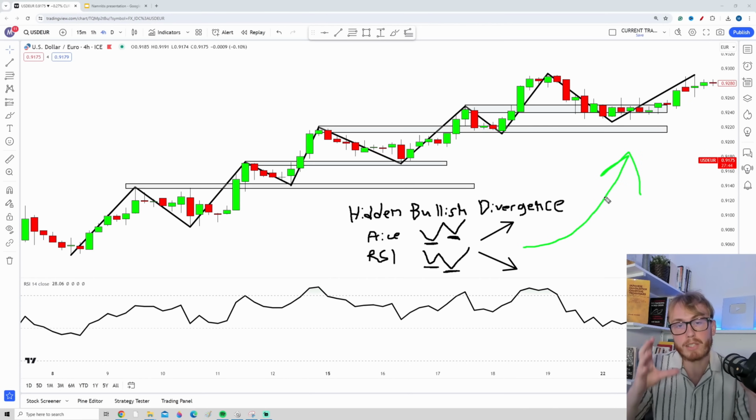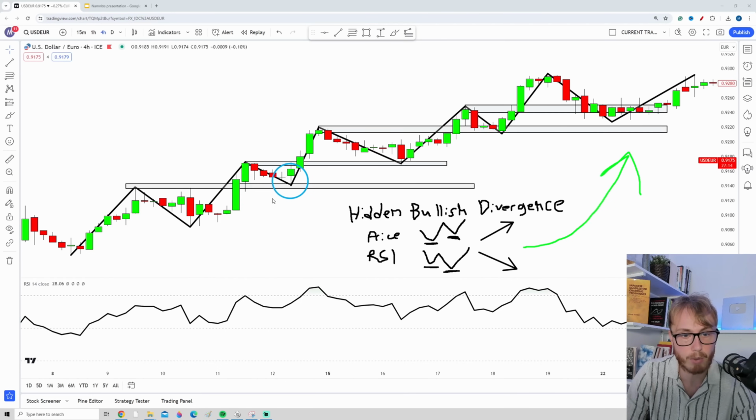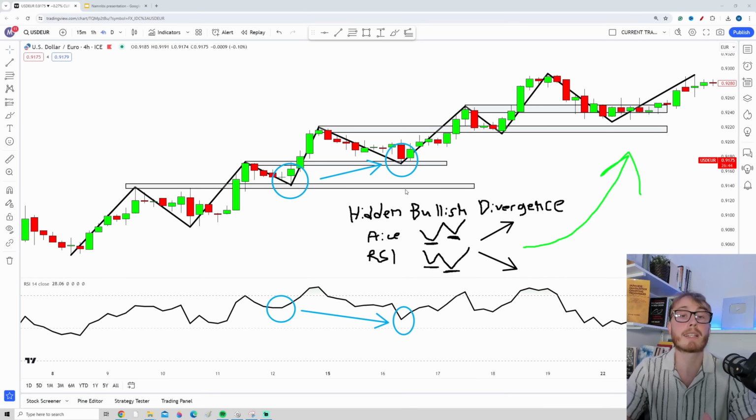So now if you want to, you can try to find a hidden bullish divergence on this chart. Feel free to pause the video right now. Did you find it? Well, let's take a look here together. If we take a look at this low right here and this low right here, we can clearly see that the price is printing a higher low. But if we switch the attention down to the RSI, we can see that the corresponding low on the RSI is right here, and the corresponding low for the higher low is down here. So in this case, we have lower lows on the RSI. And when we have higher lows on the price and lower lows on the oscillator, this is a hidden bullish divergence